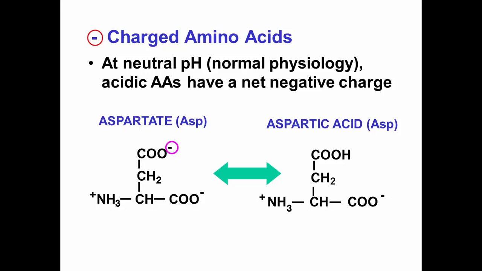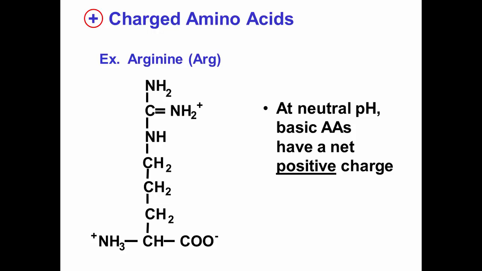This is just showing aspartate and aspartic acid. Those are cousins and similar rules apply. The same pKa of 4 applies to that gamma carboxyl group for aspartate. And then we have positive amino acids. Those were acidic: aspartate and glutamate are acidic amino acids because they're negatively charged at neutral pH.